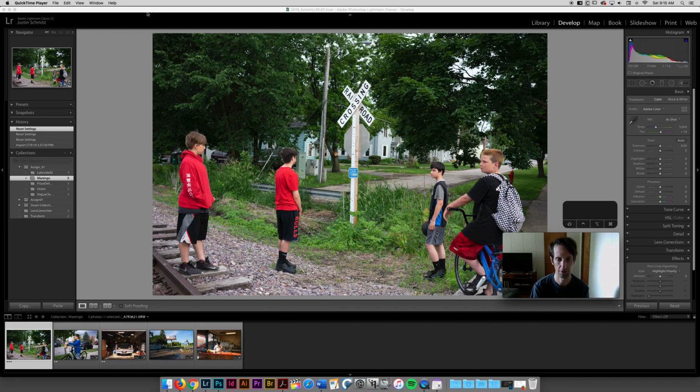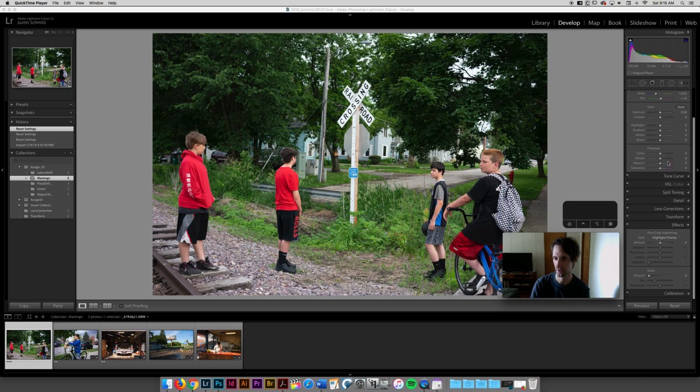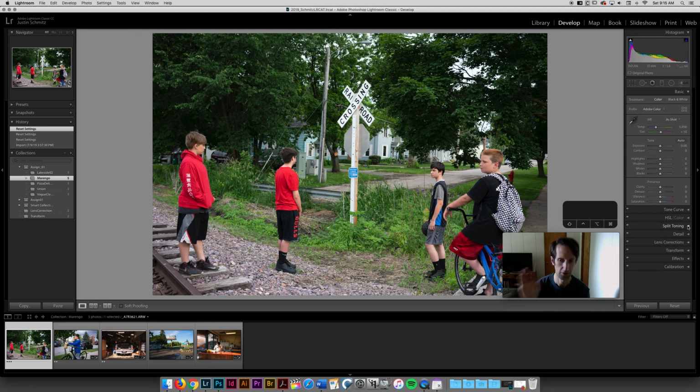Now we've run everything through our develop module. We've got this cropped, we've got the effects done, we've got lens correction, whatever we wanted to do to edit this, we've got it done. So now what I want to do is go ahead and get this out